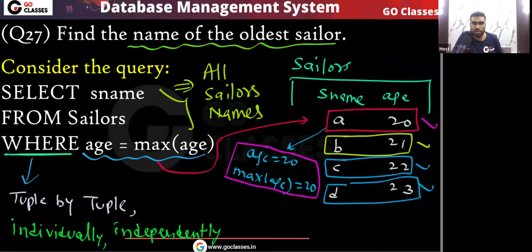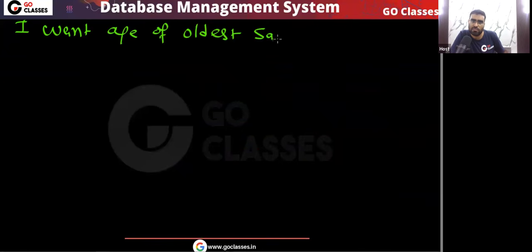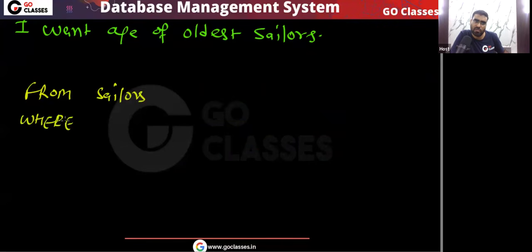So actually, where is the problem in this query? Why is the problem happening? See, when you write this query, I want the age of the oldest seller. Okay, oldest seller. This is what I want. Now when I write this query from the sellers table, where age is equal to max age,